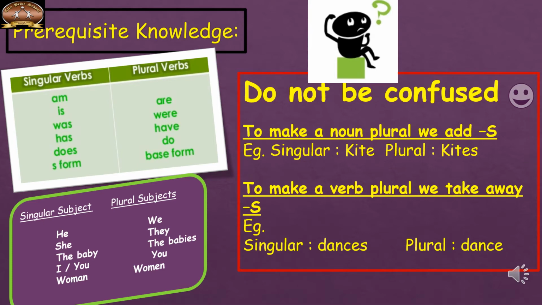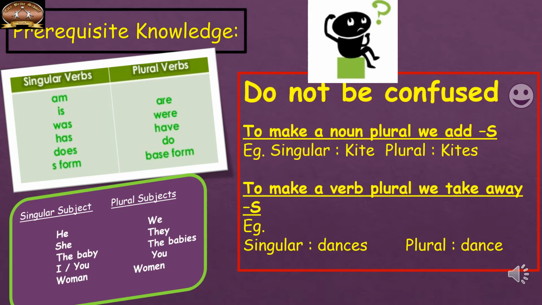Before we start with the topic, we can just check our knowledge of how we make the plural form. We know how to make the plural form of a noun, by adding s or es, like kite. It will become kites. So we just add s or es to the noun in order to make it